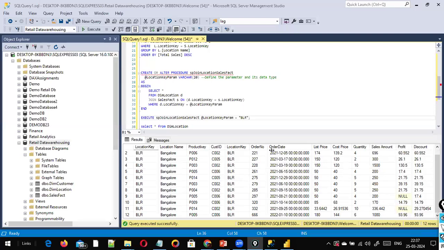If your manager wants to see, all you need to do is give your manager only this line. And then you can tell him, hey boss, if you want to see any city name, you can type the city name here. For example, if you go and change it to CHN, what will happen is this parameter, sorry,